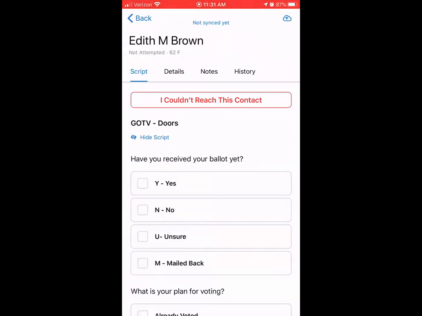So you don't worry about the script that's underneath that. Please ignore that. You have to add a script of some sort in order to generate the Minivan number for this list. But we're just going to ignore the script because we're not asking any questions. We're not knocking on doors. All we're doing is marking whether we've been there or not. And the quickest way to do that is by tapping on I couldn't reach this contact